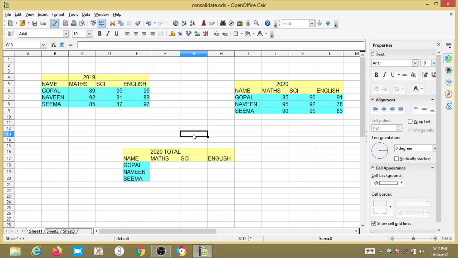First we will see what is consolidating data.